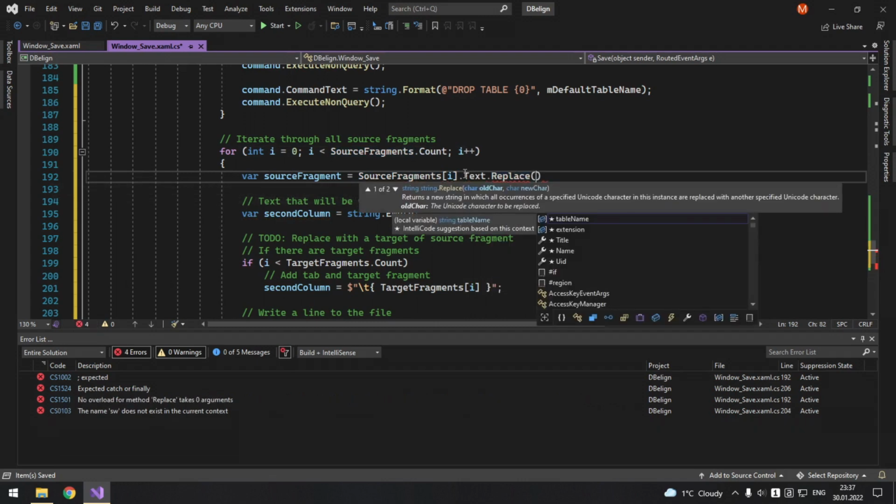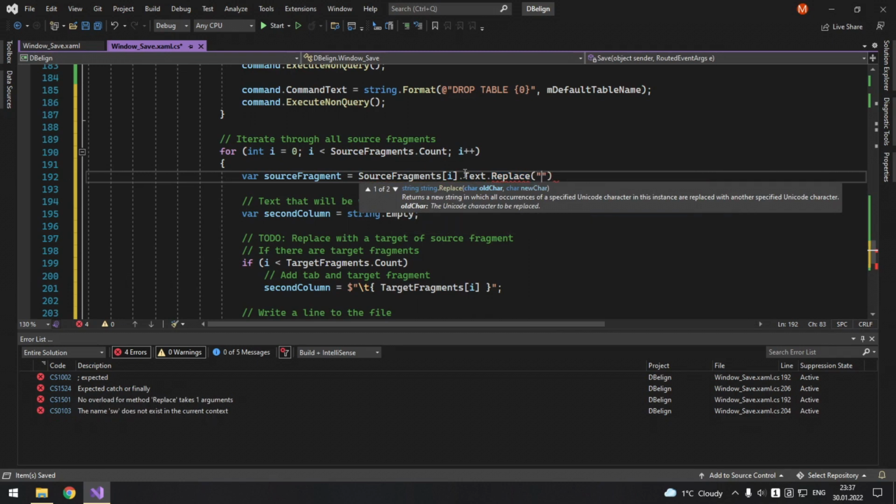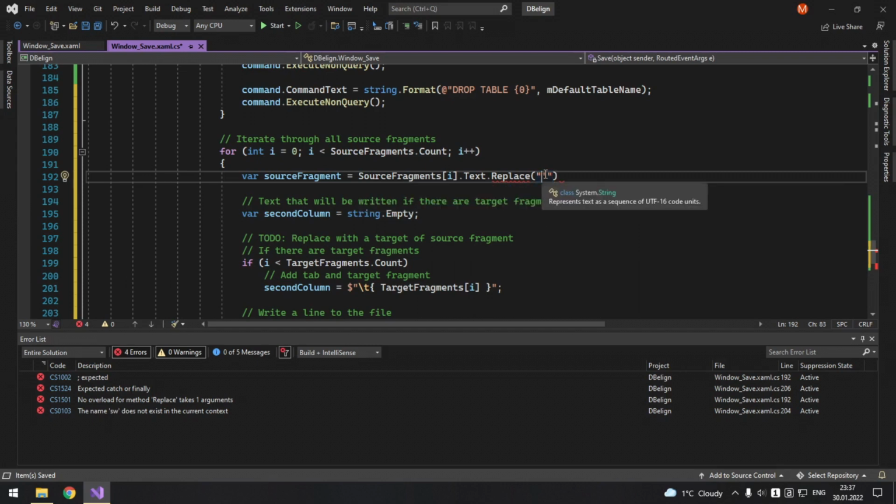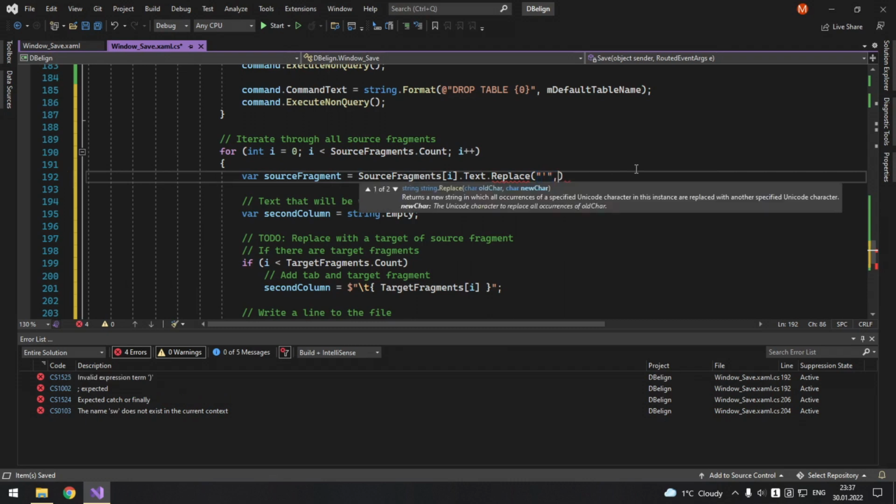And what we need to replace is actually, sometimes you will have apostrophes in your names, and in order to process it correctly you will need to replace one apostrophe with two apostrophes for SQL, like this.